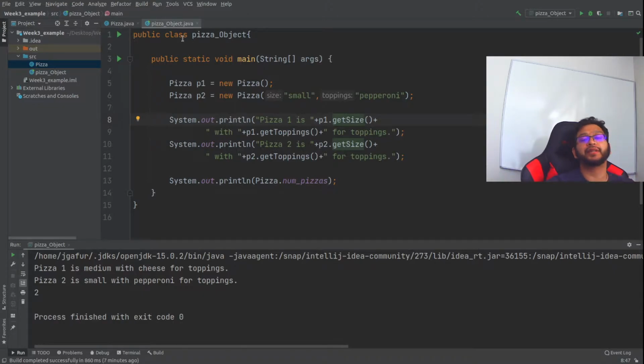Assuming that we already have the pizza implemented, what would the code look like to initialize two pizzas and get some information out? The first thing is we're going to initialize a pizza as a new pizza, of course, but we're not going to send anything in. When we do not send anything in, this is called the default constructor, because it will default to initialize with preset